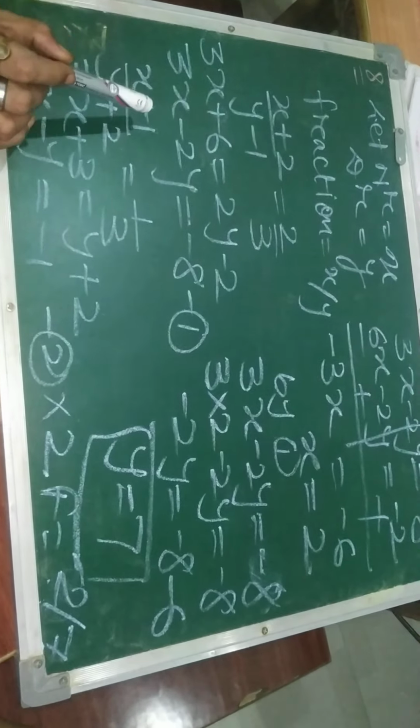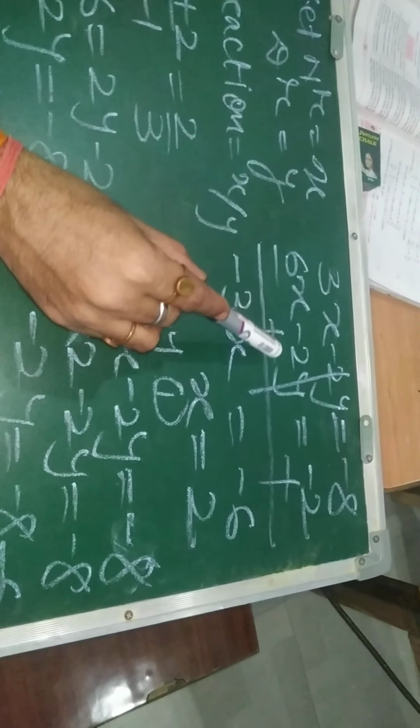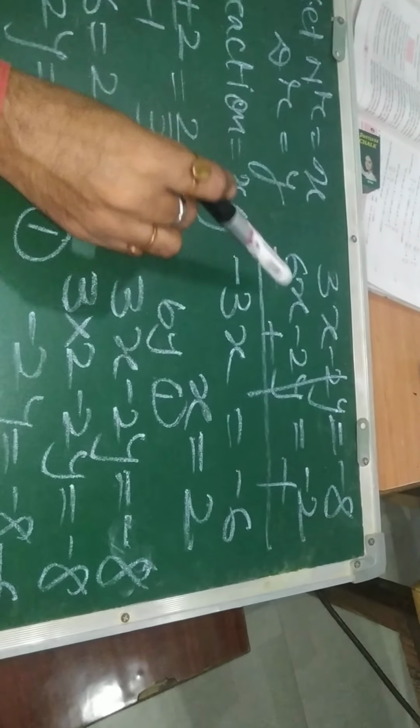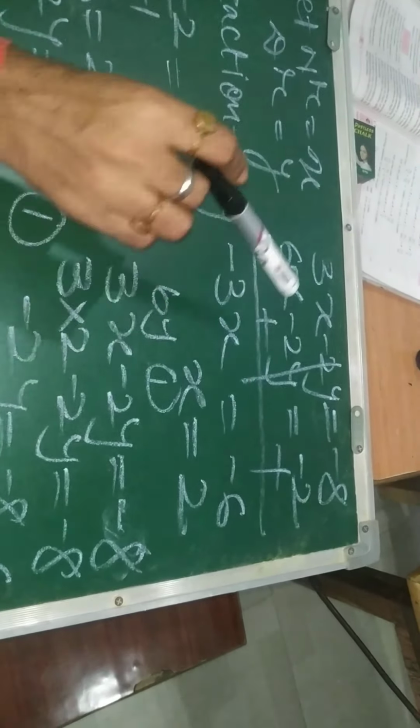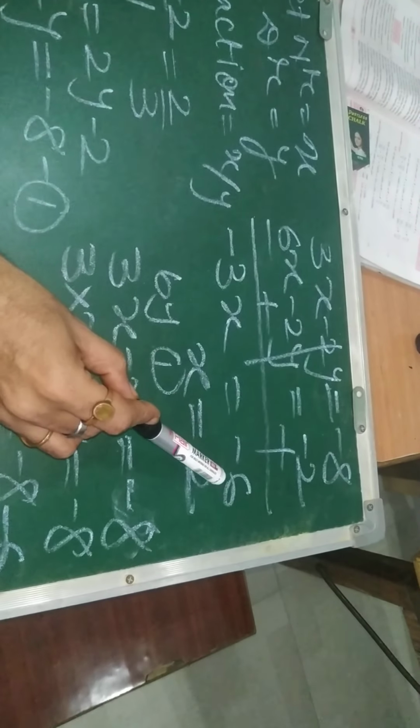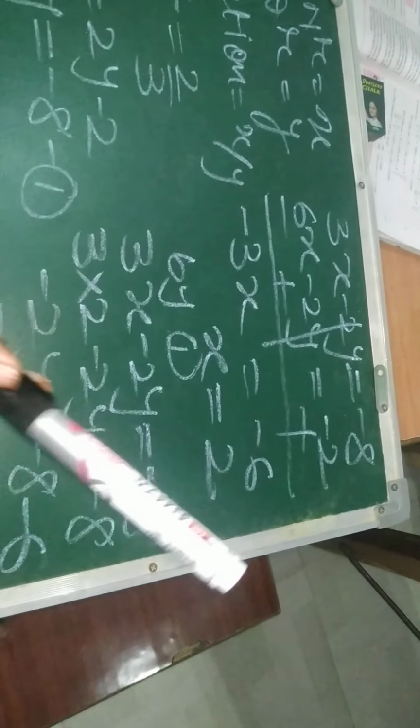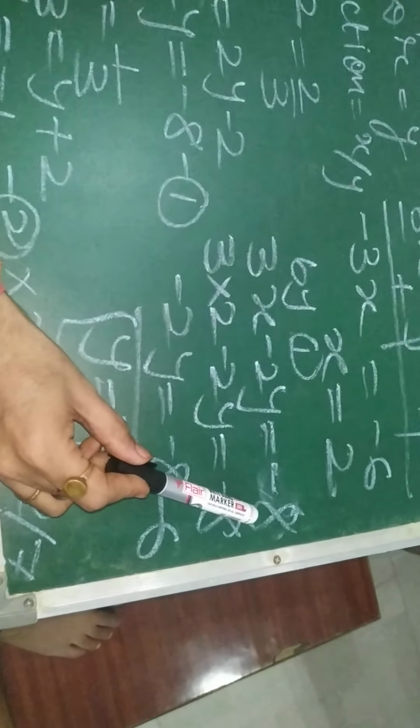Here the coefficient of y is 1, here the coefficient of y is 2, so convert this coefficient of y into 2 by multiplying by 2 in equation number 2. So the first equation is 3x minus 2y equals minus 8, the second converts to 3 2 ja 6x, 2 1 ja 2 and minus 2. They have the same sign. On subtraction, the sign of the second equation should be changed, minus to plus or plus to minus. 3x minus 6x is minus 3x, plus minus cancel, minus 8 minus plus 2 is minus 6, minus 3 2 ja 6, minus minus plus, x is equals to 2. By equation 1, 3x minus 2y is equals to minus 8.